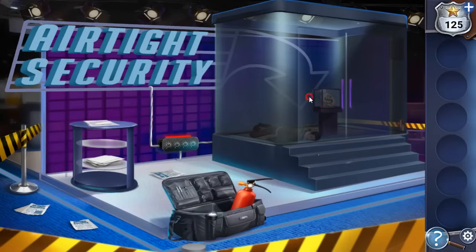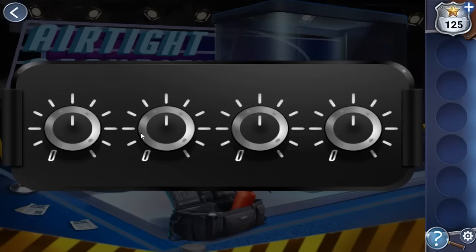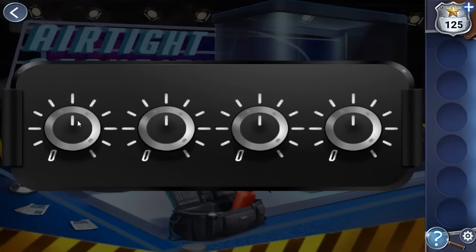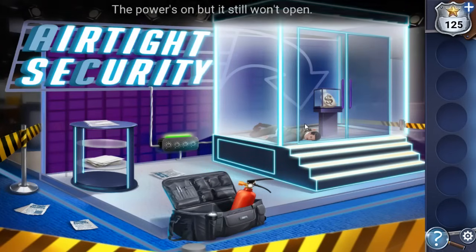Okay, so to open this booth, we need first to activate the power, and to activate it we need to set the correct positions for these dials here. So the hint is the booth number 3146, so we need to set these dials in positions 3, 1, then 4 and 6, like that. So it is activated, and then